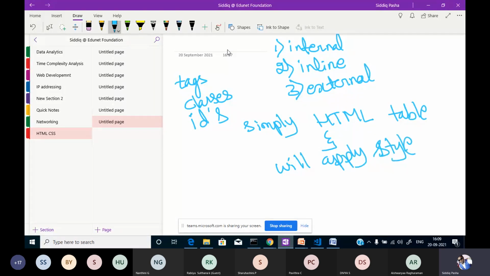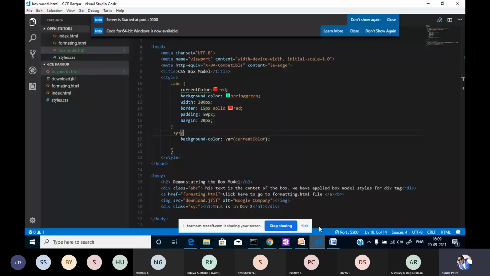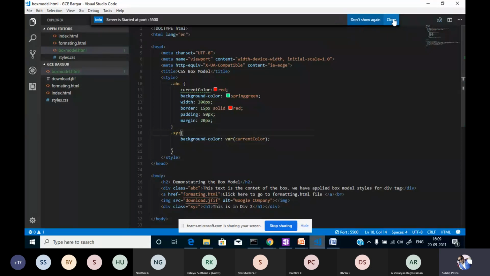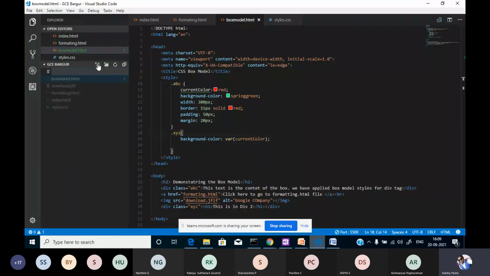Let me move on to my editor. You can have any editor with you. I'll simply create a file, and let me name this file table.html.